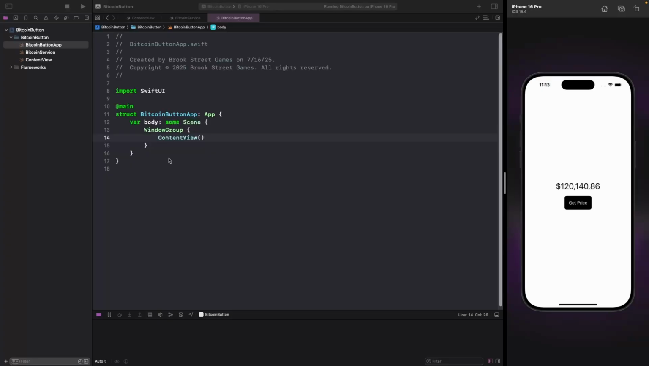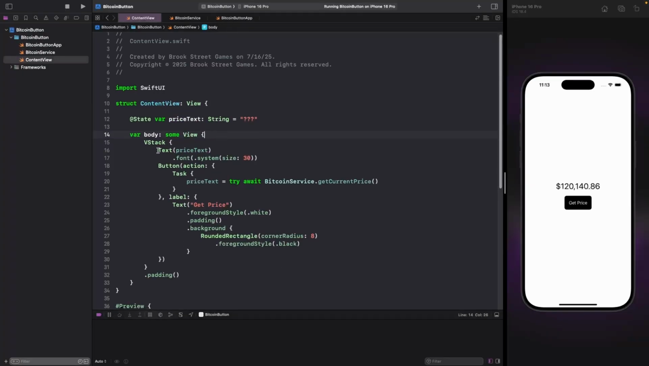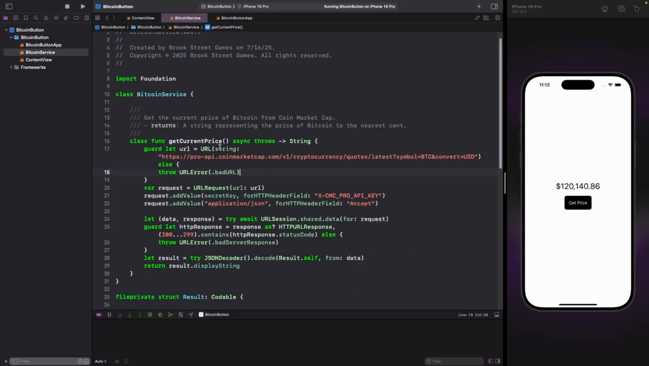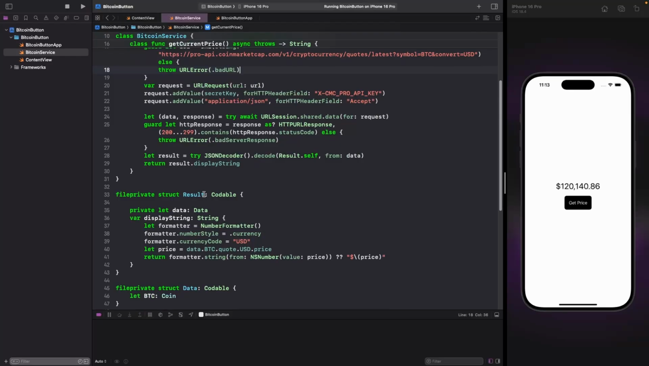The file structure is pretty simple here. We have our standard SwiftUI app with a content view. And if we look inside the content view, you can see the label for the price. We have the button, and then when the button's pressed inside a task, we're using this Bitcoin service to get the current price. And if we jump in here, it's a pretty standard API call to CoinMarketCap, using an API key, getting some data back, formatting the data into this result, and then using this display string computed property to